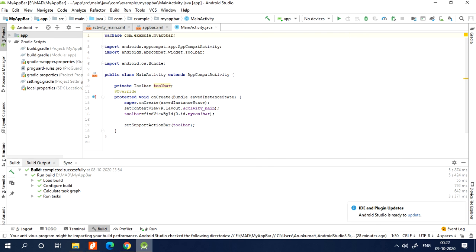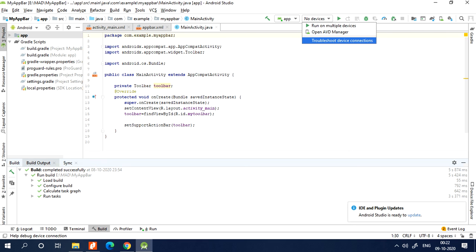First, I will connect. Before connecting my phone, I will make sure that no device is connected to Android Studio. You can see here in Android Studio, before the run button, no devices are connected. If an emulator is going to run, it will show that option.